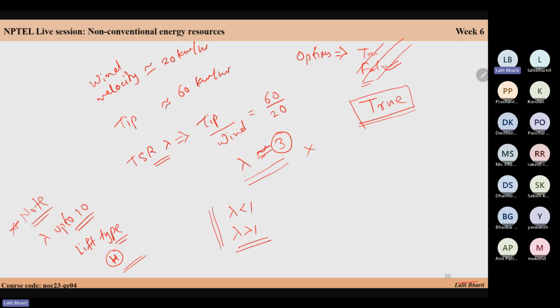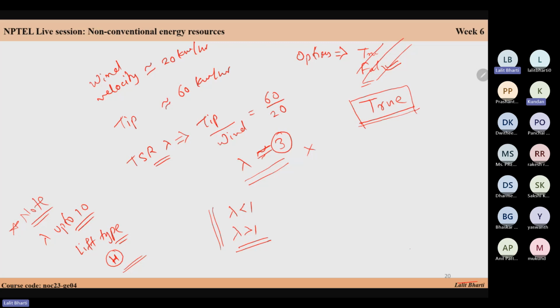Okay. So who has asked the question? I guess Prerna. So this answer will be true, and you can correct, and the tip speed can go up to 10. So I was not aware of that, but the wording I am reading is just the wording in the transcript. It is written as